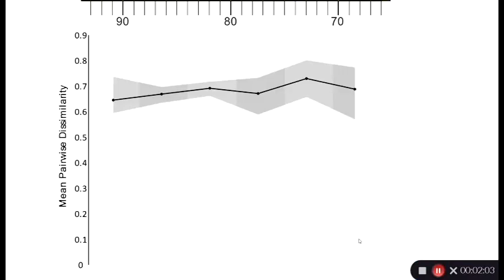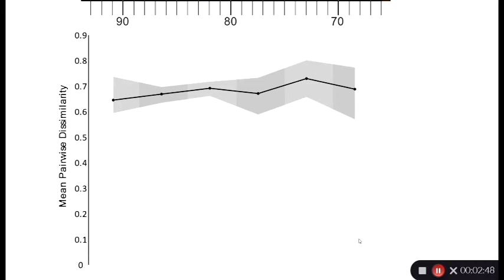So these are my results for the disparity analysis. What you're seeing here are the pairwise dissimilarity data for all mosasaurs from the Western Interior Seaway, with the black dots being those dissimilarity values, and the lighter shaded area being the 95% confidence intervals for each of those time bins. And what you'll notice for all of mosasaurs, you actually don't see any statistically significant change in disparity through the late Cretaceous. I was actually surprised about this. I figured you would have some change in anatomical diversity through time, but